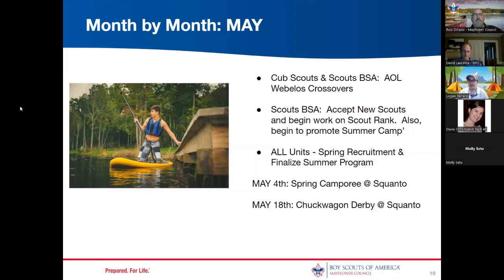So thank you to everyone who came out to this year's space-themed Chuck Wagon Derby with our inflatable obstacle course and our space cantina. It's always a fun day for the Cubs, and there will be camping allowed for this upcoming Chuck Wagon Derby. We know that was one of the things our unit struggled with this past year, that because it took place in June, they were not allowed to camp overnight. So we've moved it up a bit this year so that they can camp.